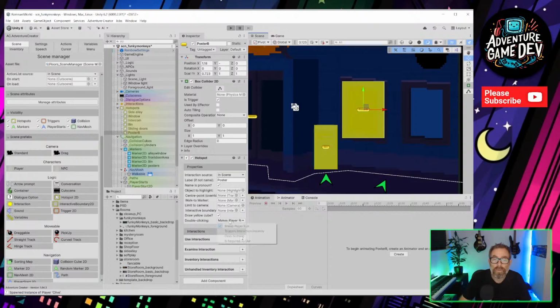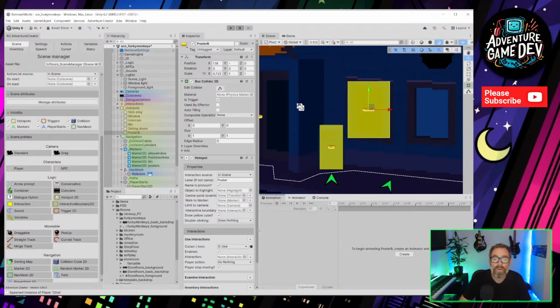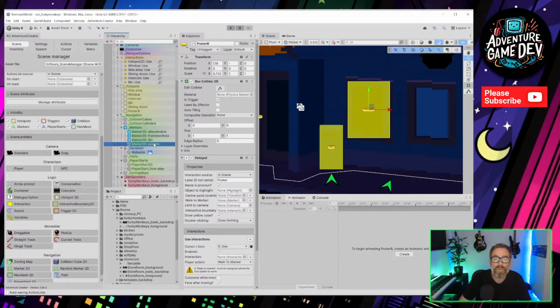I'll just set a couple of things so it does nothing. It's got to use interaction. Oh, actually, I might have messed that up. It's only when you create the interaction. So walk to marker, face after moving, and the particular marker we're going to is the posters marker.